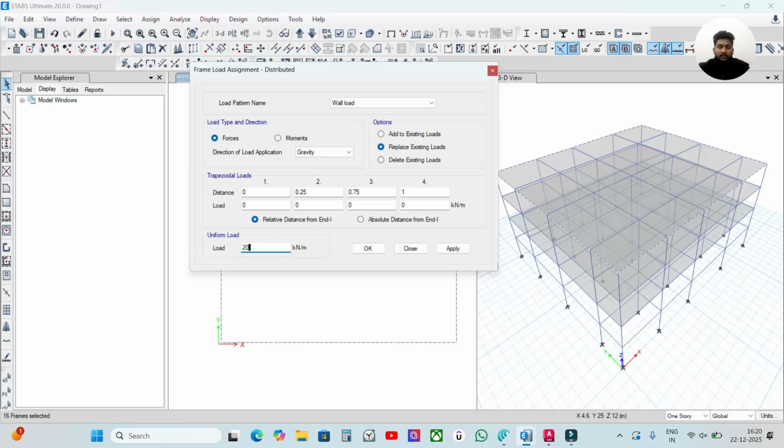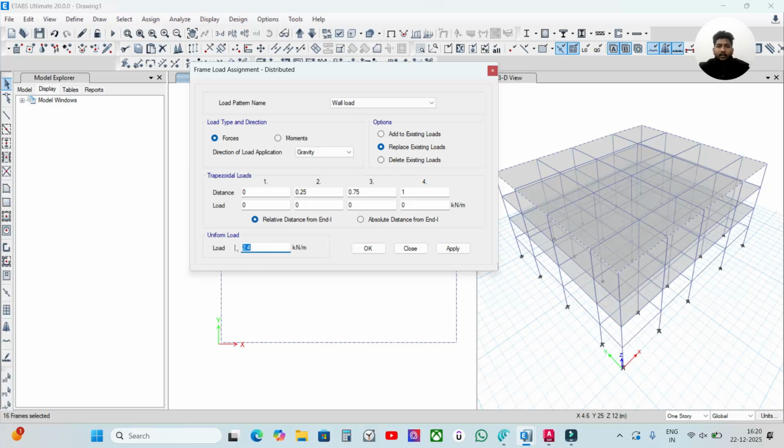Just put here the formula: the density of the brick wall into height of the brick wall into thickness of the brick wall. So the formula is 20 into thickness of the brick wall, let's take 0.2 meter, into height of the brick wall. As we usually take it as 0.6 or 1 meter. Let's take 1 meter. No, let's take 0.6 as it is a small building. Just click enter, and you can see that 2.4 is present, but it is very low,